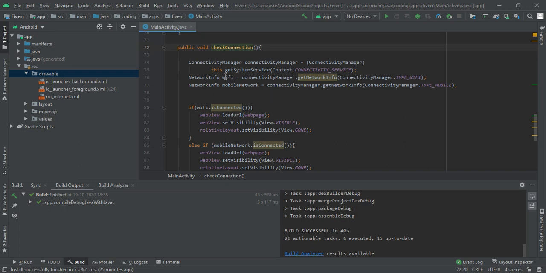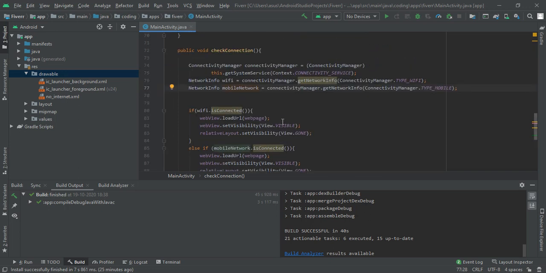Then we have to write NetworkInfo, this is for Wi-Fi, so we write variable wifi and connectivityManager.getNetworkInfo in brackets ConnectivityManager.TYPE_WIFI. By this line of code we will get whether the Wi-Fi is connected with our device or not, and with the same process we had written it for mobile network. So here we are getting whether our mobile network is connected or not.